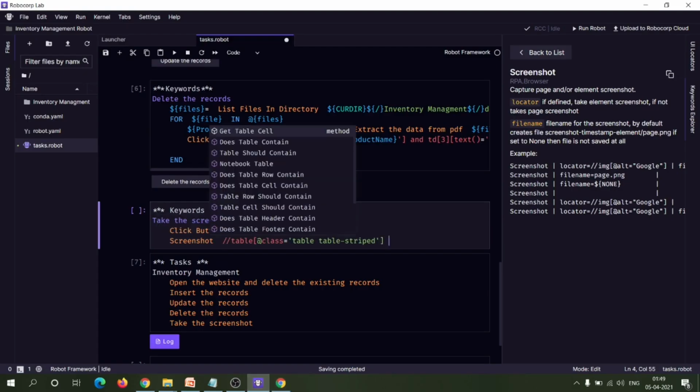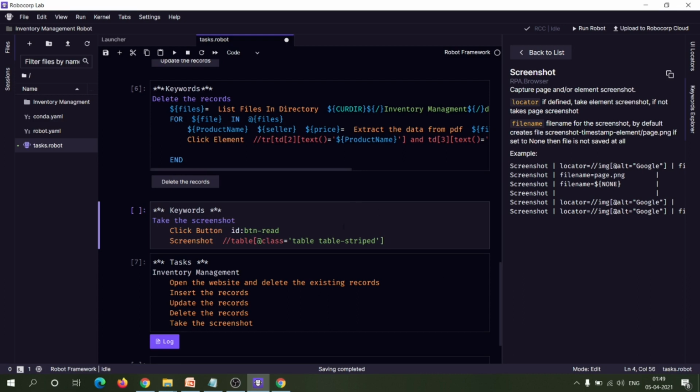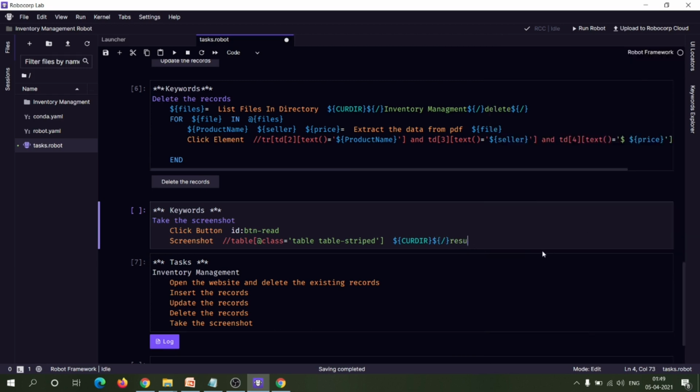Now I have to pass the file path. So I am saving the file in the current directory itself, with the file name, let's say, result.png. Okay, result.png.